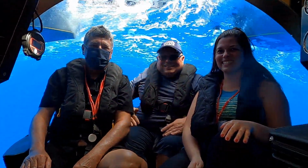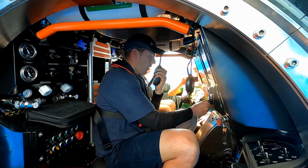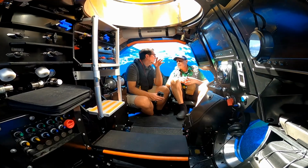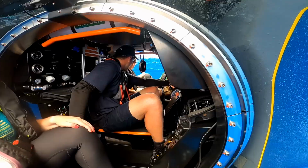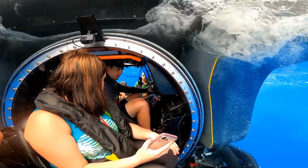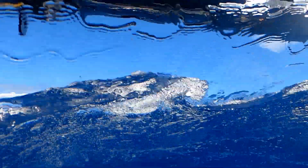Each sub holds 6 passengers, 3 on each side, and the pilot sits in the center with the controls. The passenger seats face the center when you board the sub, but then they rotate 180 degrees to face out to the view when the sub is in motion. And when the sub is at the surface, it's an odd view to see the waves splashing around the top